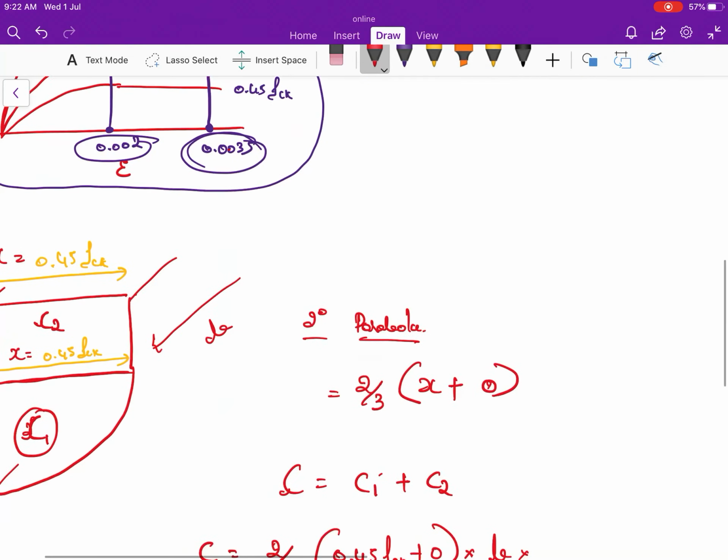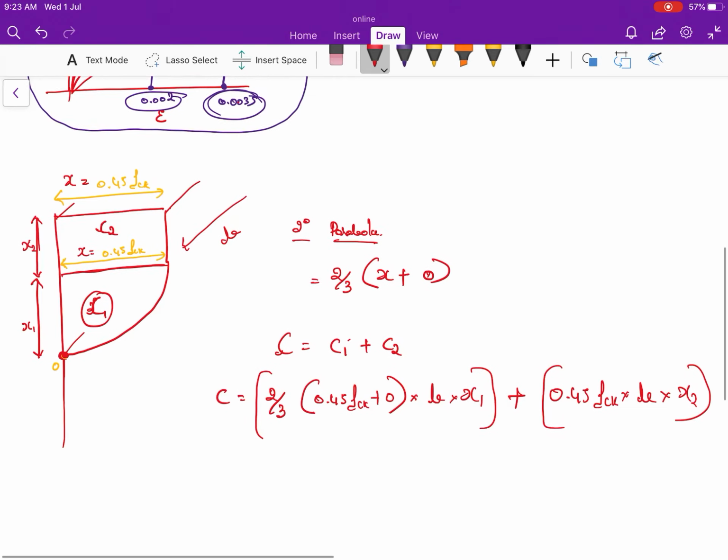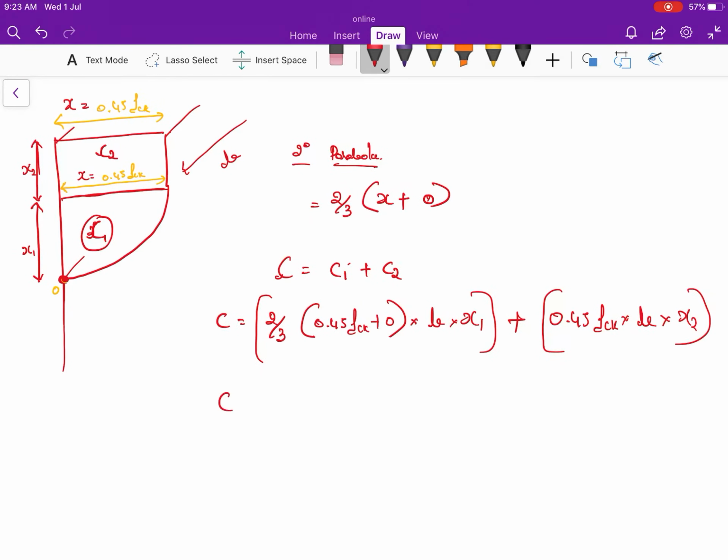That is what I am going to write here, x1 and x2. So what is the height? B into x1. This is C1 plus, what is C2? C2 is equal to 0.45 FCK, this is rectangular, very simple, 0.45 FCK again into B into, what is the height? Height is x2. If you substitute this, the value of C, you are going to get C